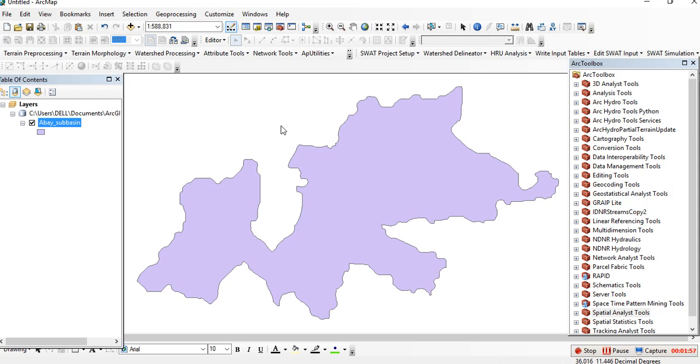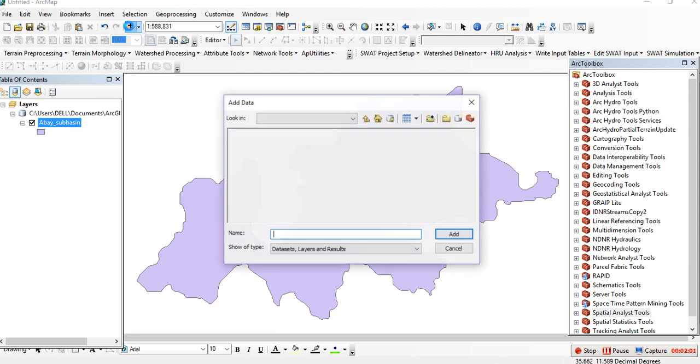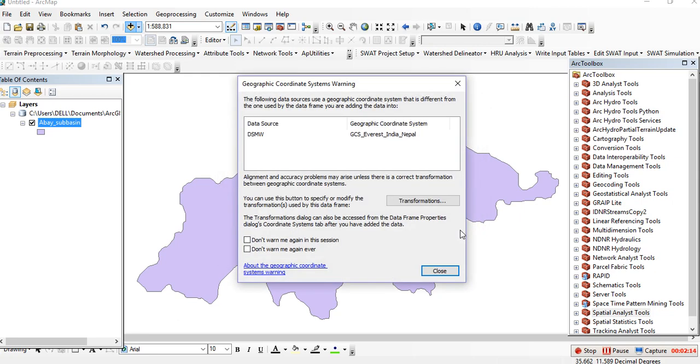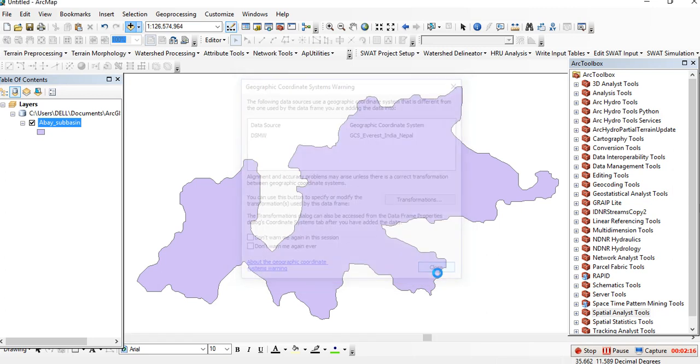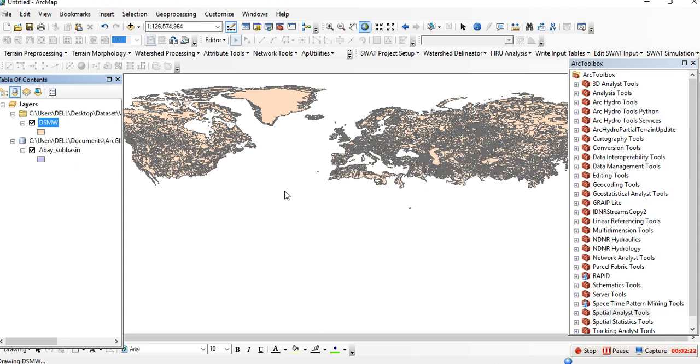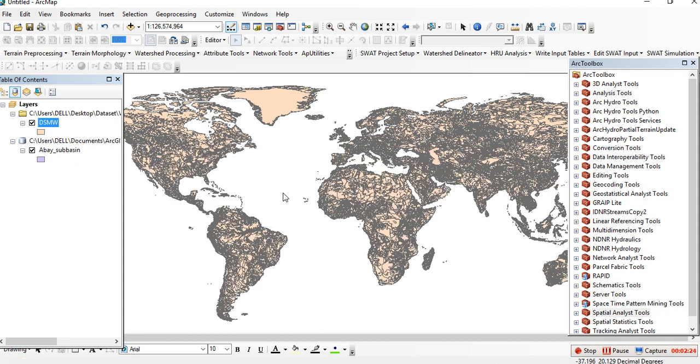Then open ArcMap, bring in the shapefile of your watershed, and bring in the shapefile of the FAO soil. I have already downloaded the FAO soil, so I'll bring in the shapefile. This is the shapefile of the FAO soil. Then the next thing we are going to do is extract the FAO soil for our